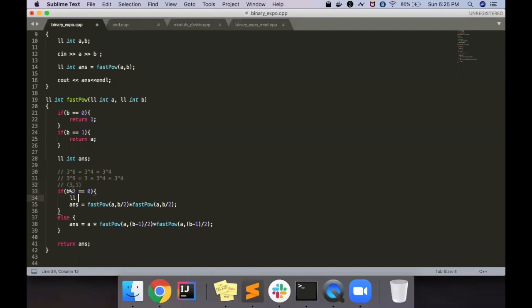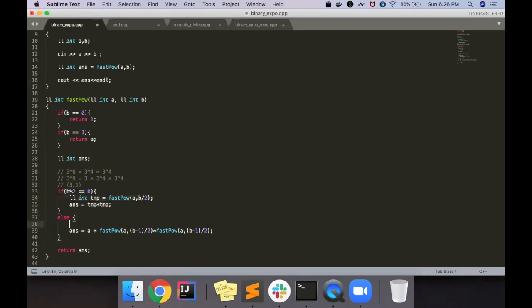let's say this is int temp. So I will just calculate it once and use it twice. Okay, so once I am calculating it, I can just simply write temp into temp, right? So this is the same thing as the earlier code, but we are saving so many computations because we are calling this function only once.